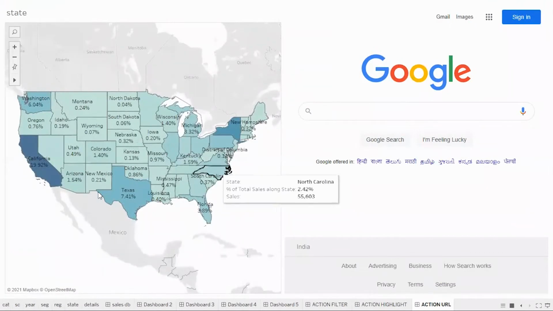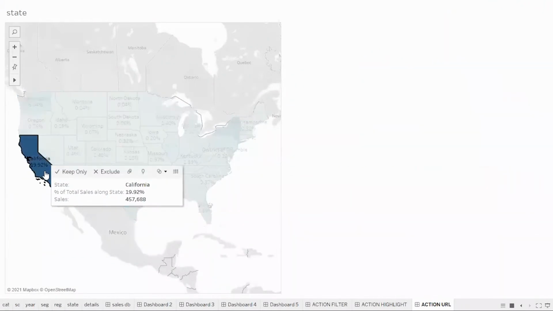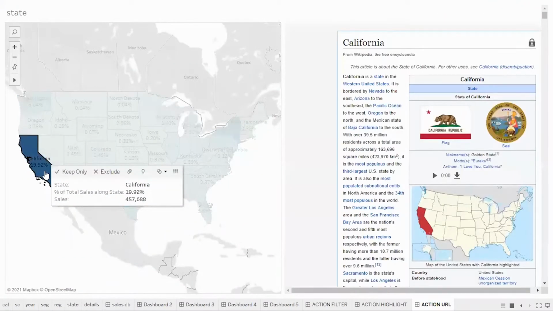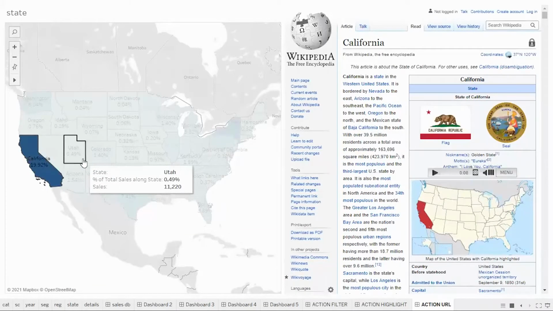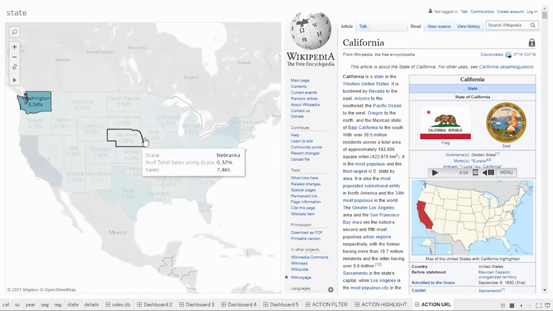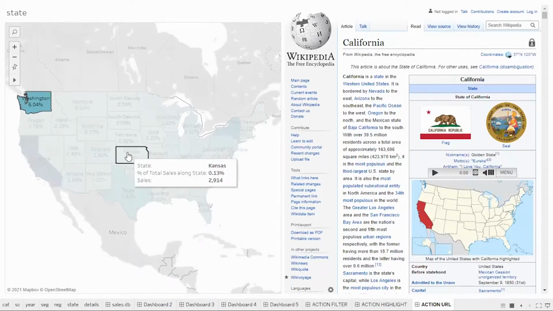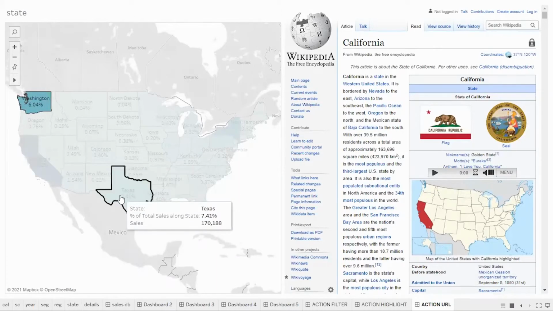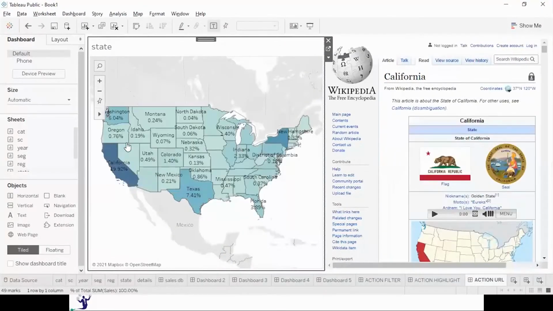Now you click on California. I'm getting the details of California. Now I have not been redirected to any other page, any browser, but I am getting the information within my dashboard, within the same screen, which makes it more impactful. But now, if you remember what we have done there, if we click on a particular state, we will be getting the details of that respective state. So the same concept we will apply over here and see how our visual will be more impactful.